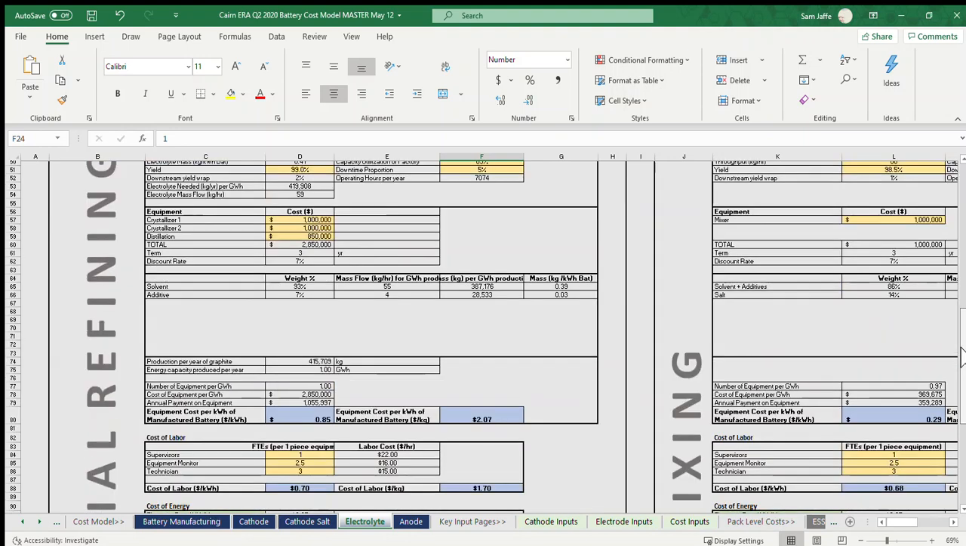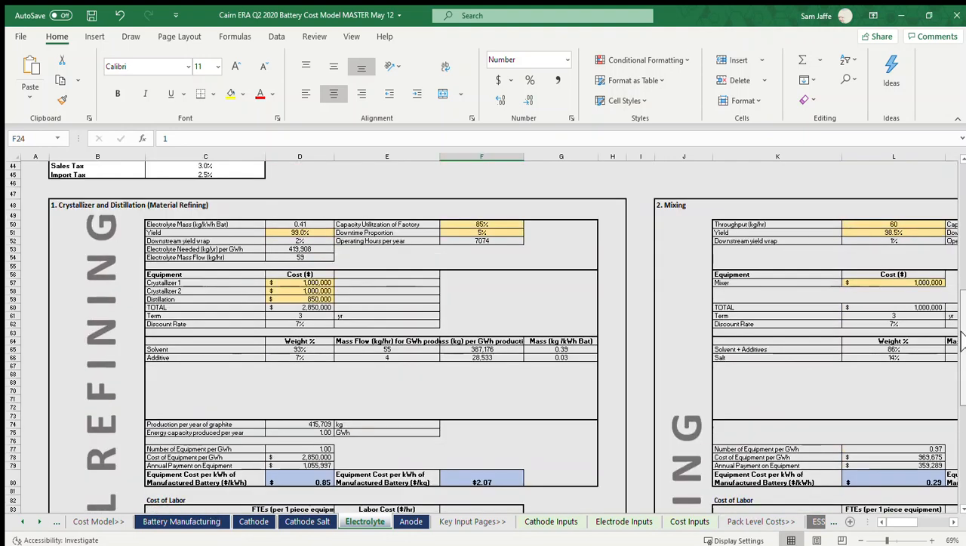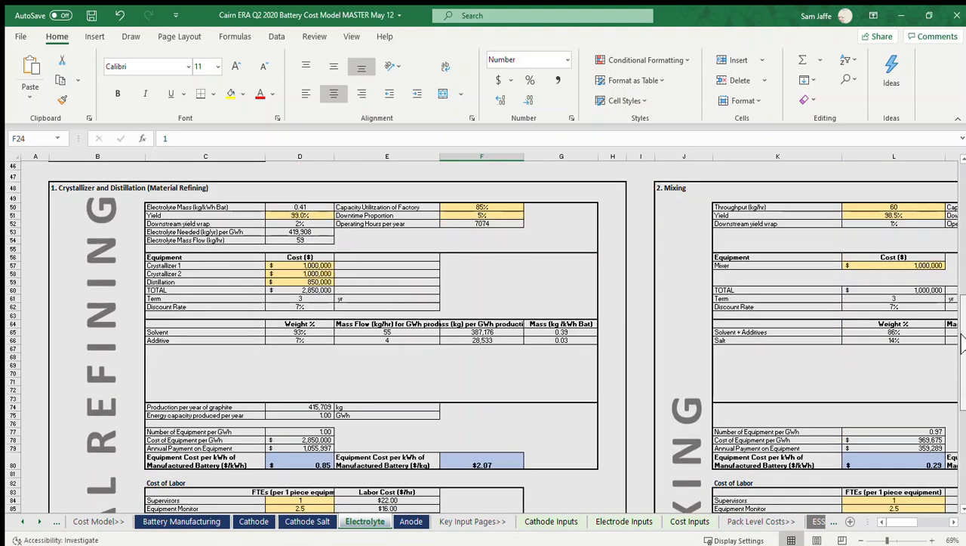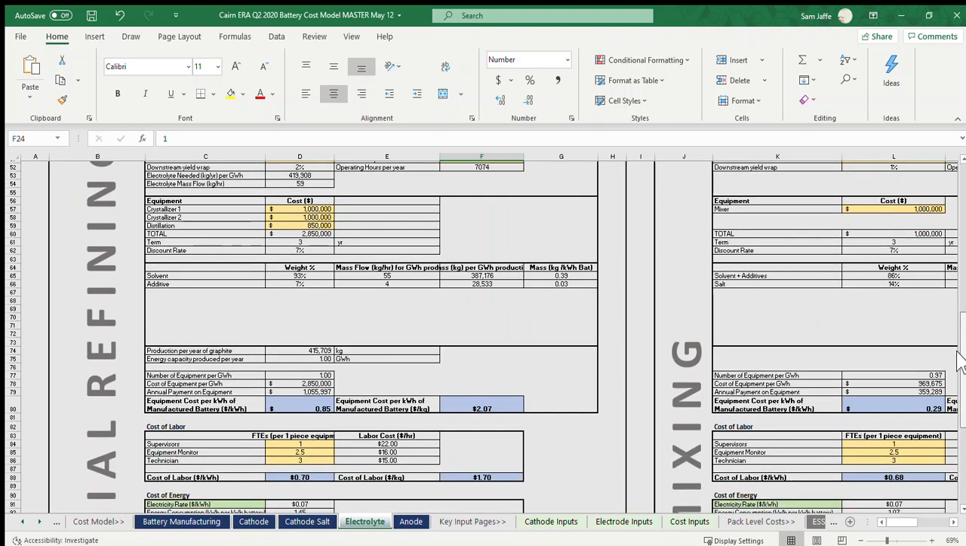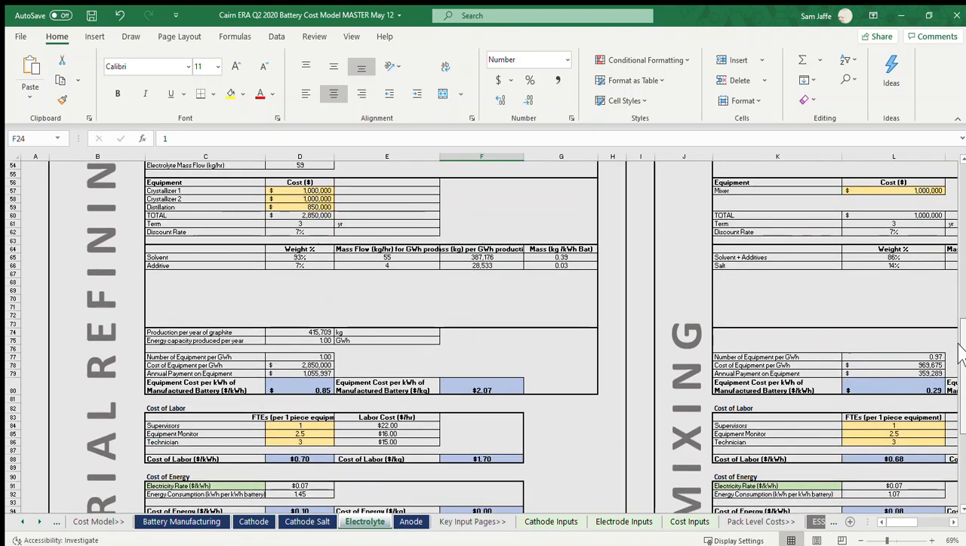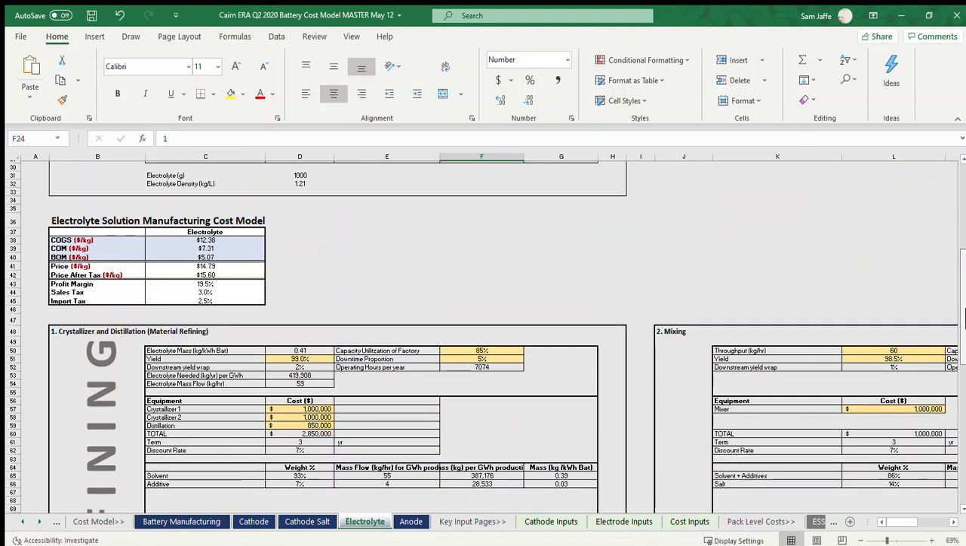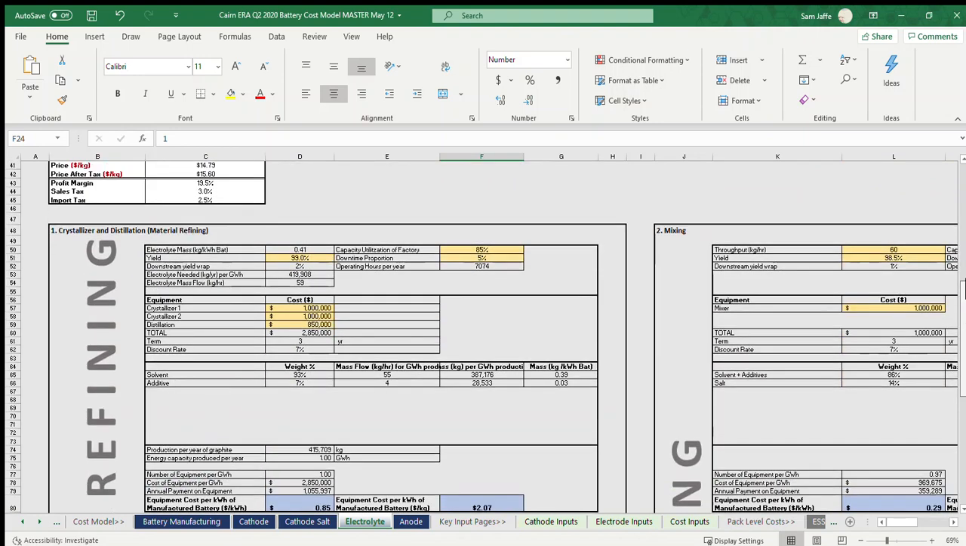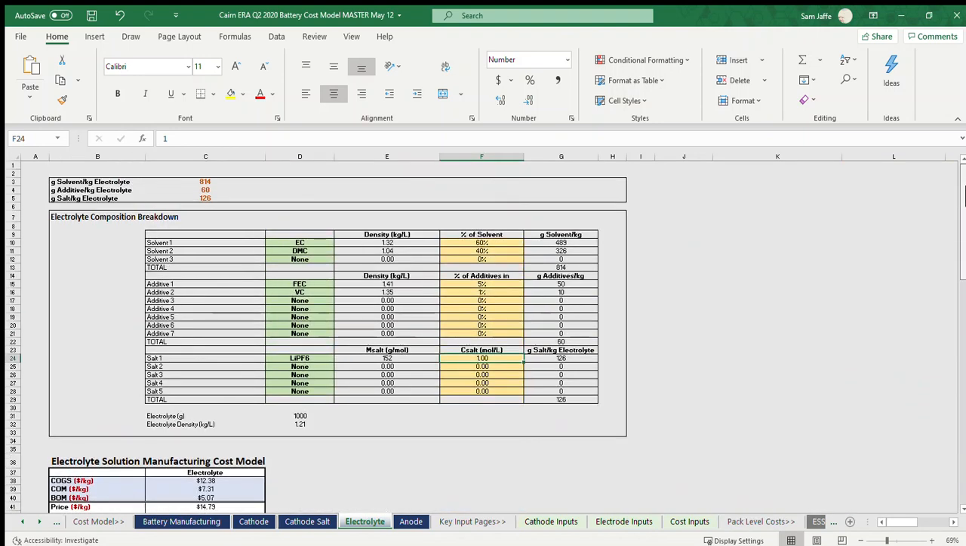Then we do have the same process stage cost model for making the electrolyte, and you can play around with that, but right now it's pre-programmed with our numbers. And when you do all of these inputs, one of the things it'll do is figure out how many grams per kilogram of electrolyte come from the